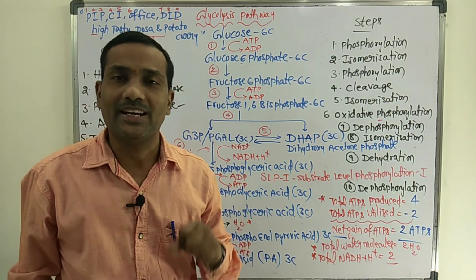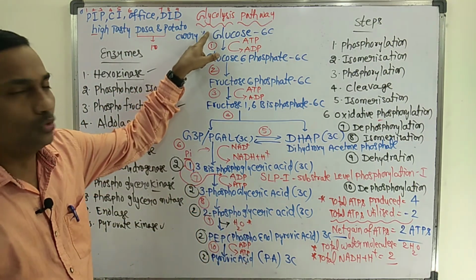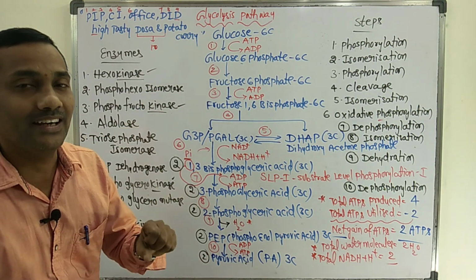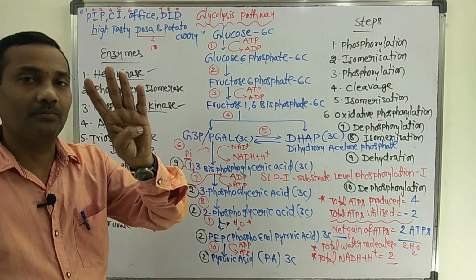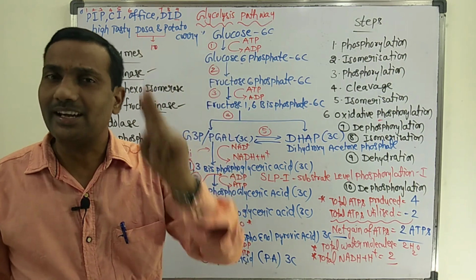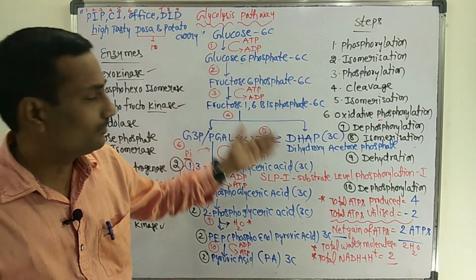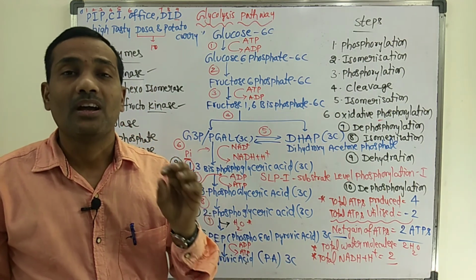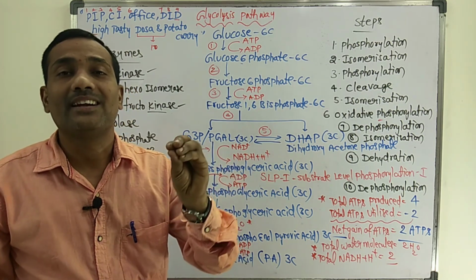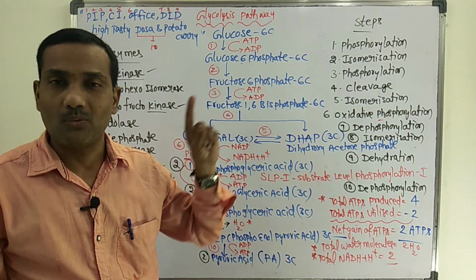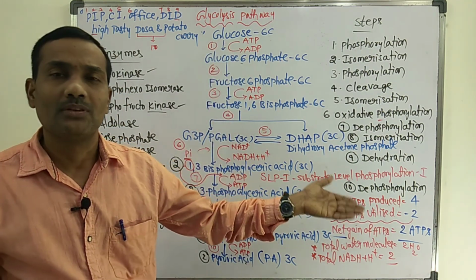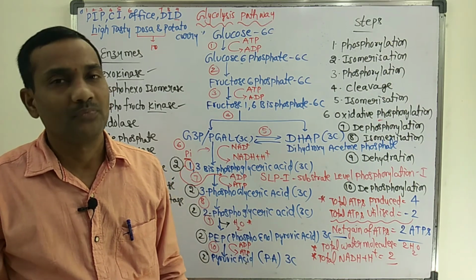Now what type of questions can you expect in the exam? If 2 glucose molecules enter the glycolysis pathway, the total net gain of ATPs produced is 4. For 1 glucose, 2 net gain of ATPs; for 2 glucose molecules, 4 net gain of ATPs. How many NADH are produced in glycolysis for 10 glucose molecules? For 1 glucose, 2 NADH are produced; for 10 glucose molecules, 10 into 2, 20 NADH are produced.